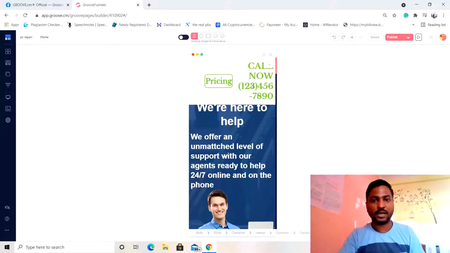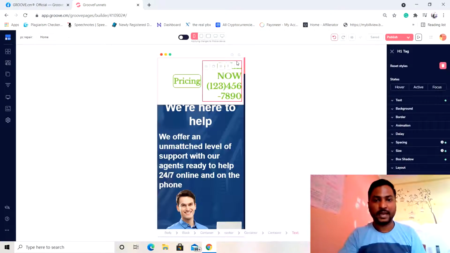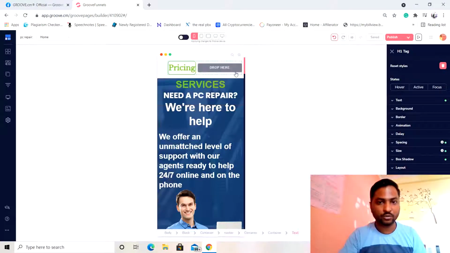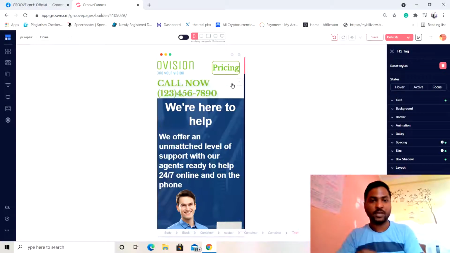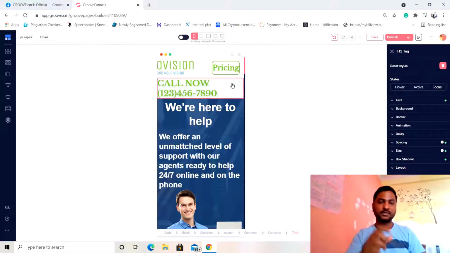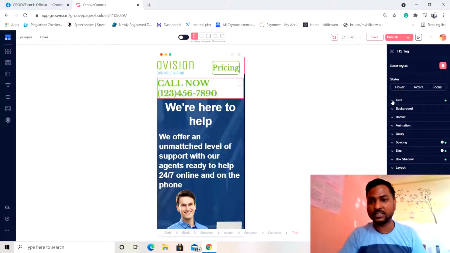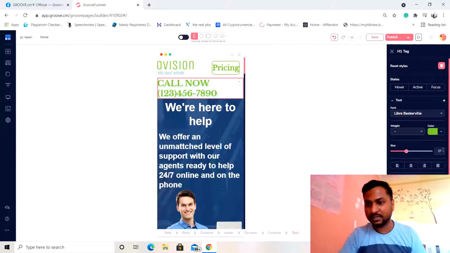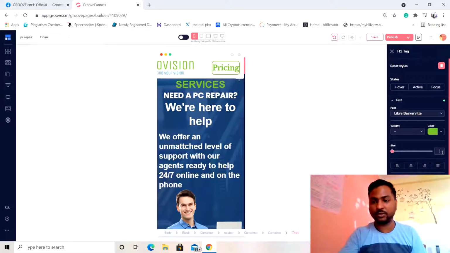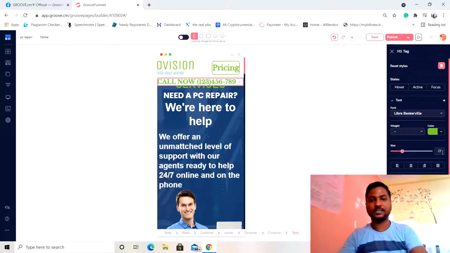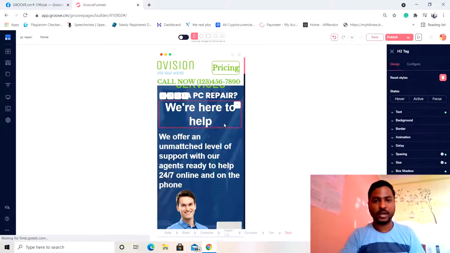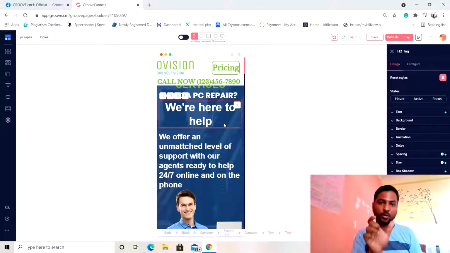So I'm just selecting this number, and I'm going to pick up this particular box from where I can move that section. I'm going to move it and drop it to the bottom. Now you can see that I have dropped it to the bottom, but the call now option is still coming in 2 lines. So I'll go ahead and change the text size, and it is showing 37 over here. Let's make it 27. All right, now you can see that it's coming in one single line, the entire 10 digit number and the call now,